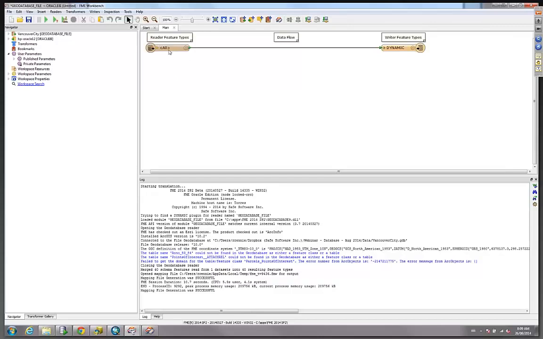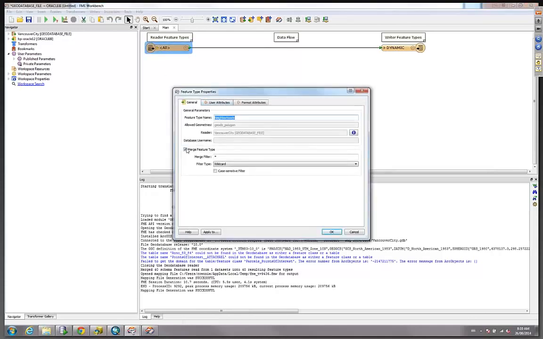Yeah. And so here, what happens when you use a dynamic workspace is that you just get one source feature class, even though I'm pretty sure in that geodatabase there was more than one. And over here on my destination, I just have one destination feature class. And those of you that have been around FME for a little while will realize that what we've turned on is this merge feature type, which means read everything that you can in through this particular feature type without differentiating